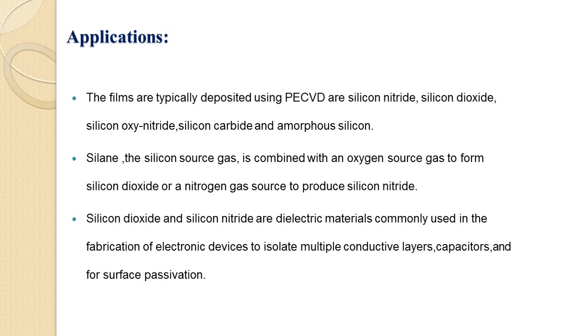This hydrogen has an important influence on IR and UV absorption, stability, mechanical stress and electrical conductivity. This is often used as a surface and bulk passivating layer for commercial multicrystalline silicon photovoltaic cells. Silicon dioxide can also be deposited from a tetraethoxysilane silicon precursor in an oxygen or oxygen argon plasma. These films can be contaminated with significant carbon and hydrogen as silanol and can be unstable in air.